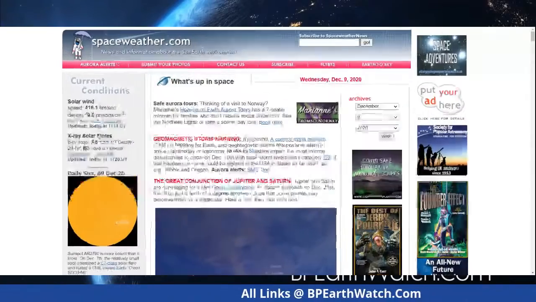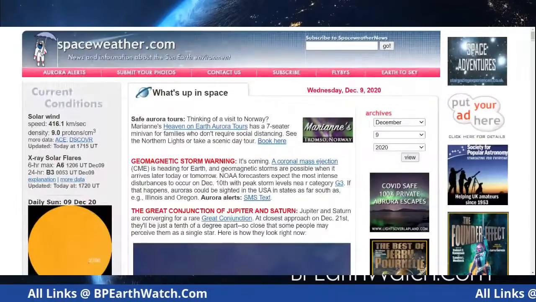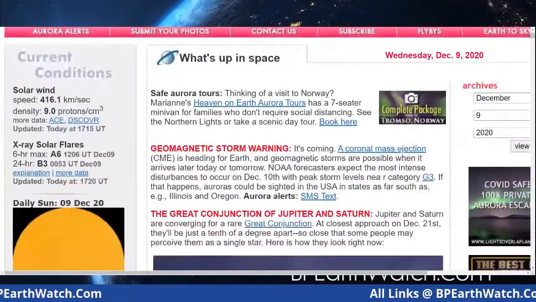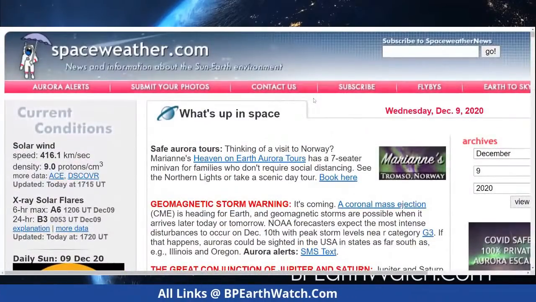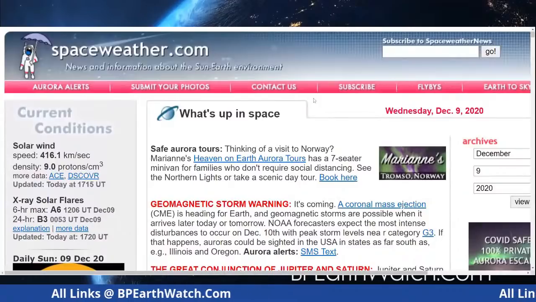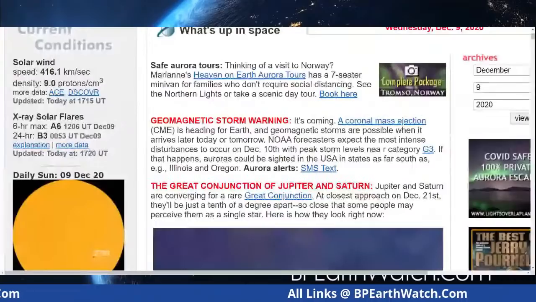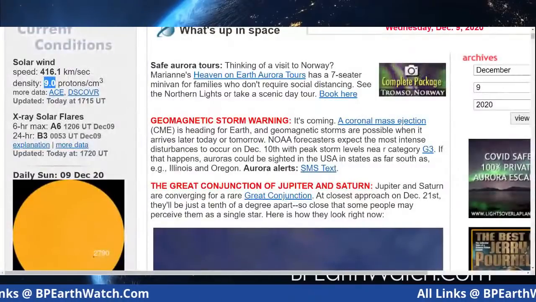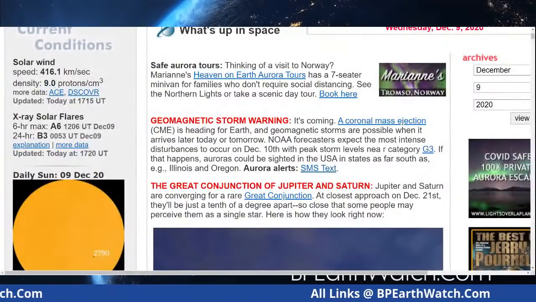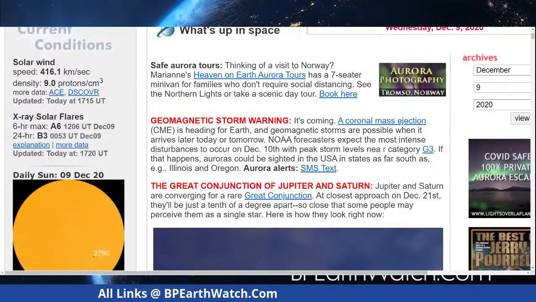And I know this is just a rough raw program, guys. That's kind of how I am and how it is when you're doing it like this. This is today's space weather. We got 14 kilometers per second solar wind. This is real time too. Proton density is 9.0. It was 4 point something yesterday, so that is double. Solar wind speed is up from about 350 kilometers per second, which is very fast.